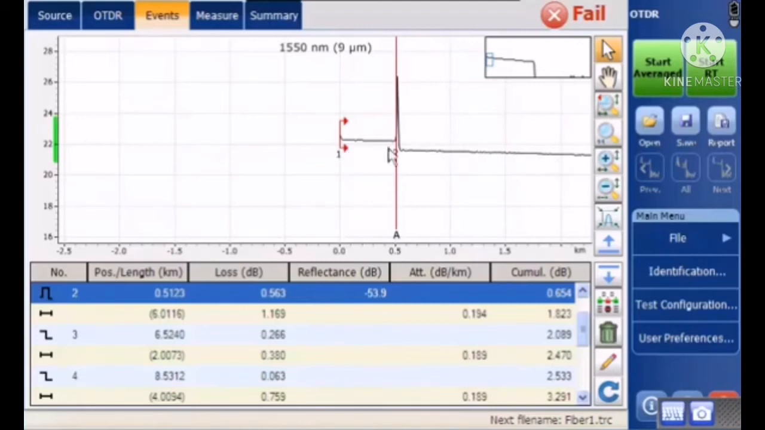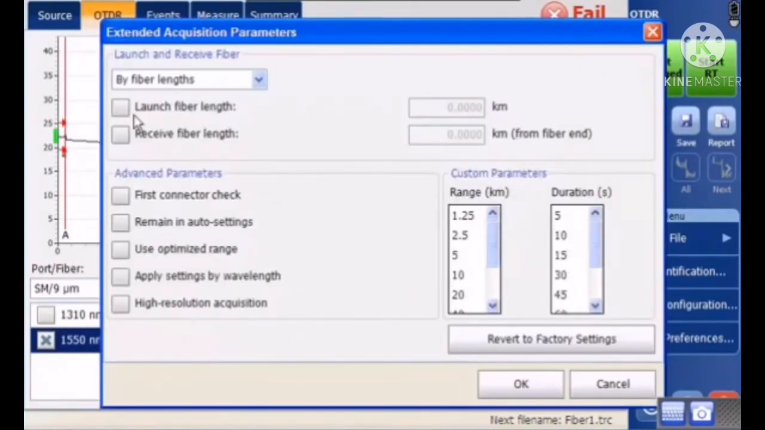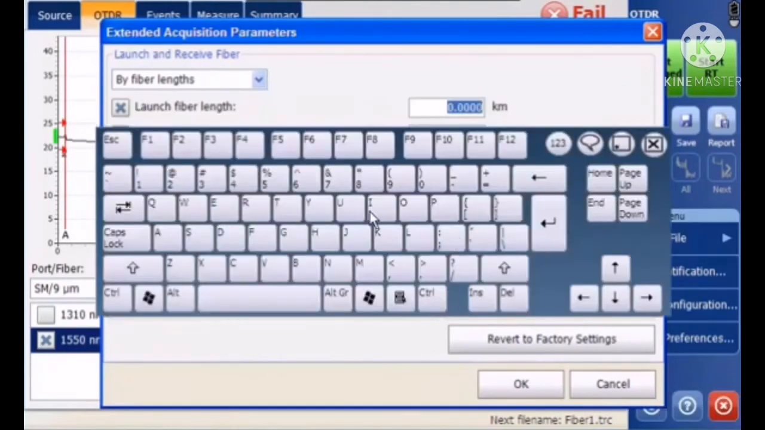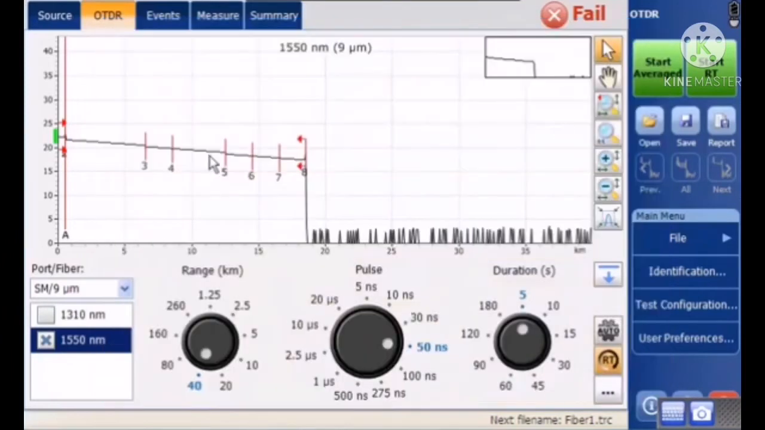I don't really want this portion here to be part of my test. So this is 0.5123, the distance from my OTDR to the end of my launch cable. So 5123. What I'll do here is go to the OTDR tab and set my launch cable based on that distance. Again, it was 5123, correct? So I'm going to get in here, set 5123. Hit OK. And now, when I do another test,